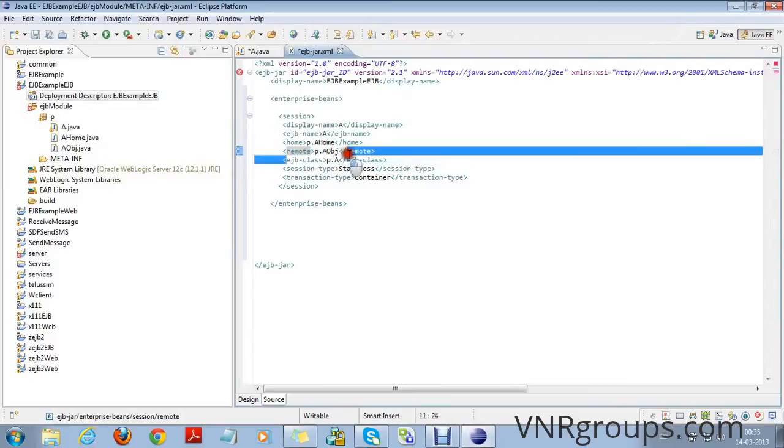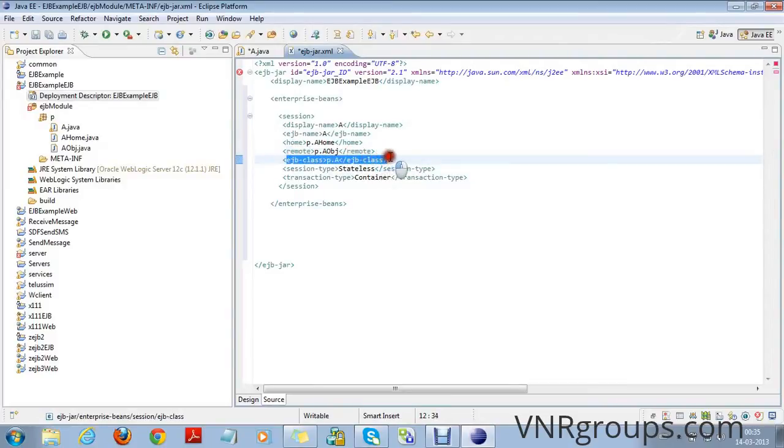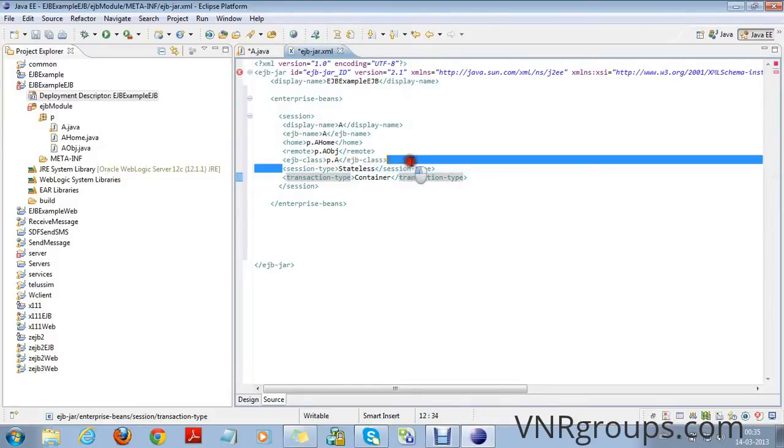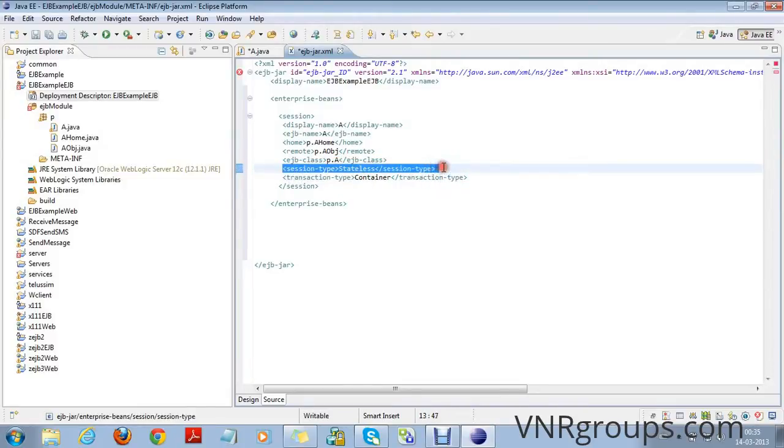EJB class specifies the class name of EJB, complete class name it should be. Session type specifies the type of session bean. There are two types of session beans, stateful and stateless.